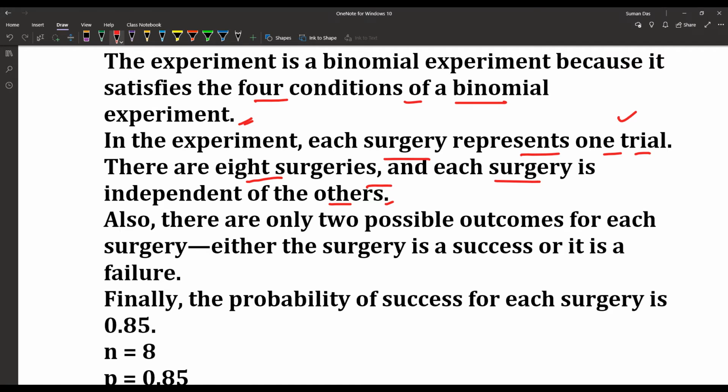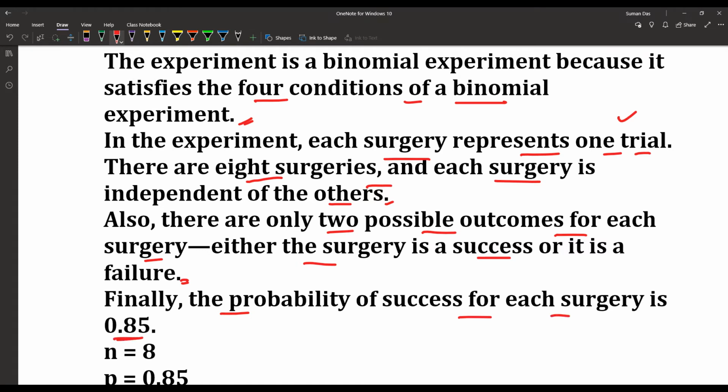Also, there are only 2 possible outcomes for each surgery: either the surgery is a success or it is a failure. So the third property is also satisfied. Finally, the probability of success for each surgery is